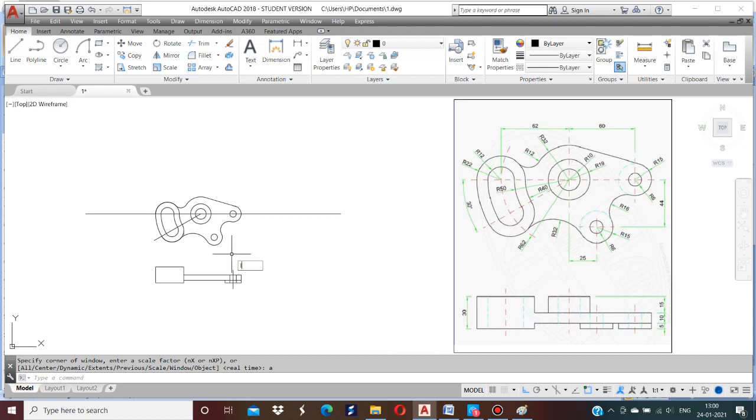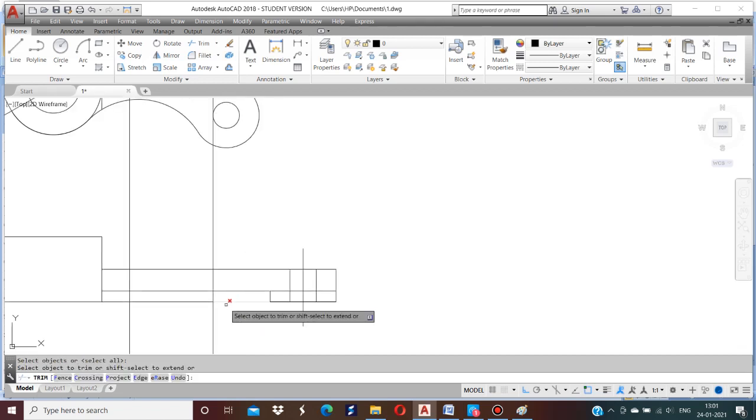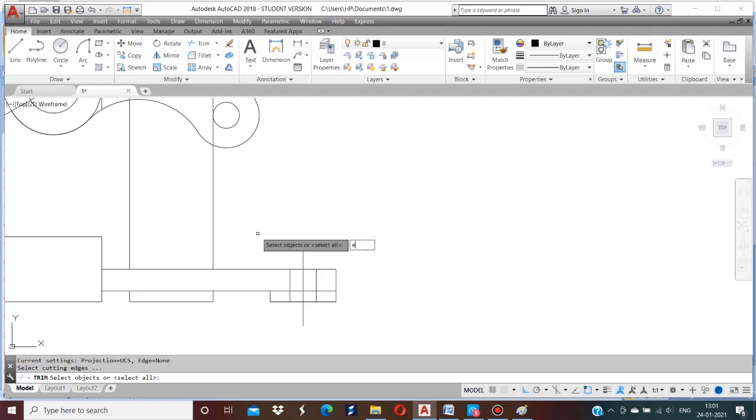Now here draw a line from the top view. Here also draw a line from the top view. Offset distance is 5 mm. And trim this line. Now erase this line.